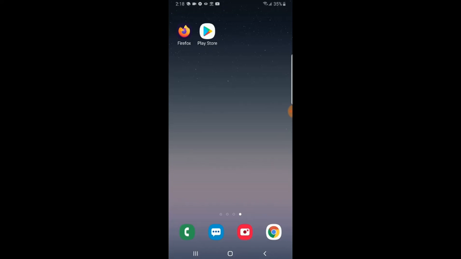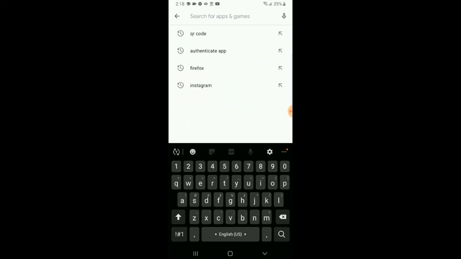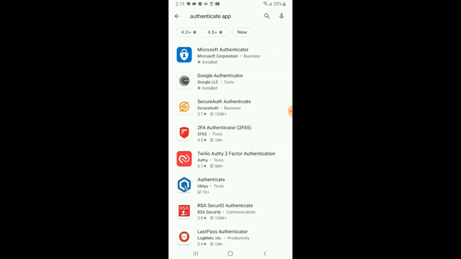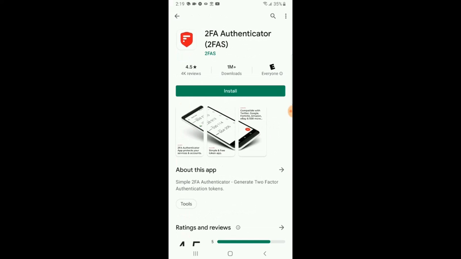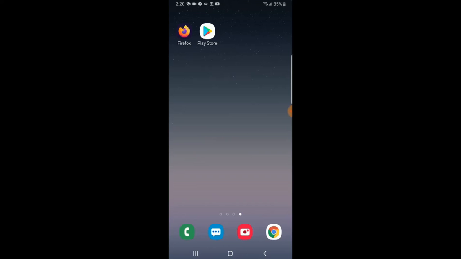So I'm going to click on my Play Store, and here I will search for Authenticator app. So we will try not to use the Google Authenticator just for fun. So we will try the fourth on the list, which is 2FA authenticators, 2FAS, and I will install it. Now that I have my two apps,